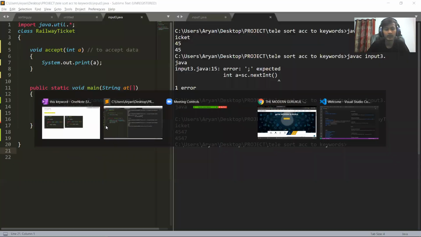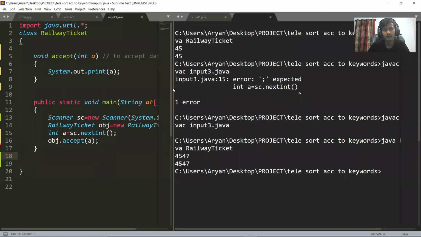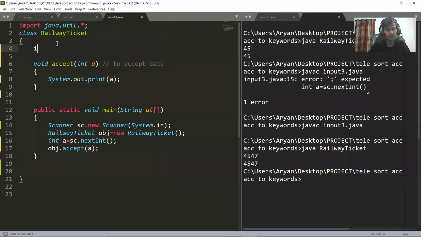So on this example only, we have a data member, a variable here, int a. We also have int a here. There are two variables a. One variable belongs to the function and one variable belongs to the class.